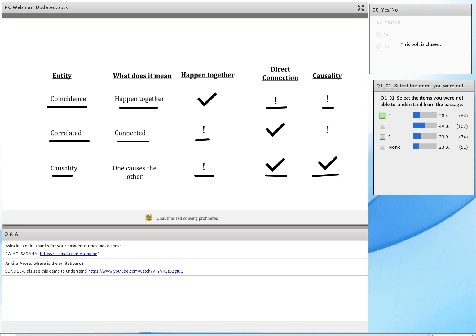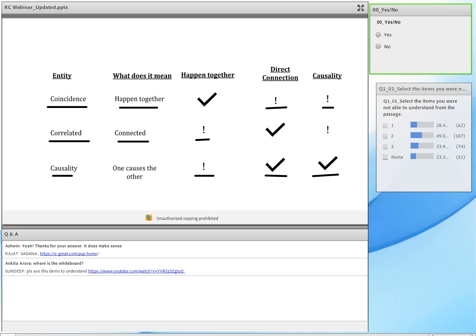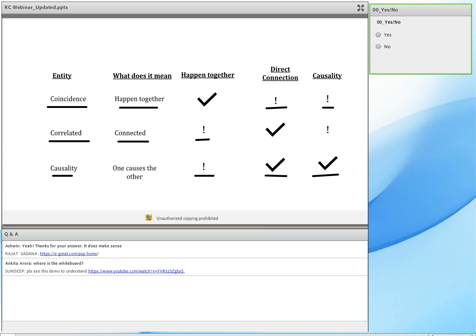Is this distinction helpful? Yes, no? Okay. And again, keep this in mind, that's really important. When you say they are correlated, it doesn't mean they are proportional. It doesn't mean they are directly proportional. A directly proportional relationship is a very, very strong causality. Directly proportional actually goes even way beyond causality. That's a very, very strong relationship between two entities.